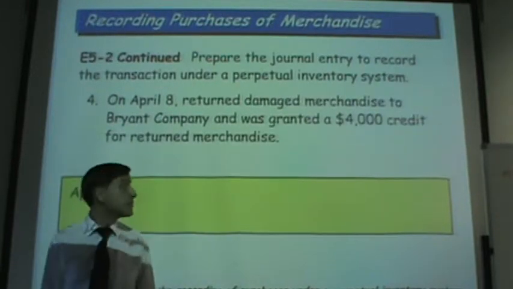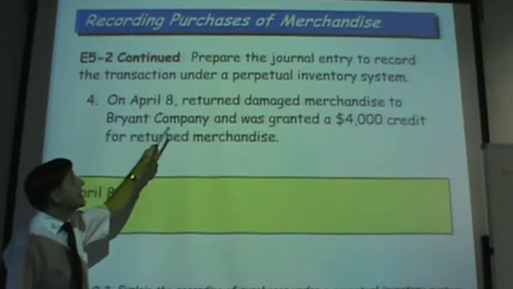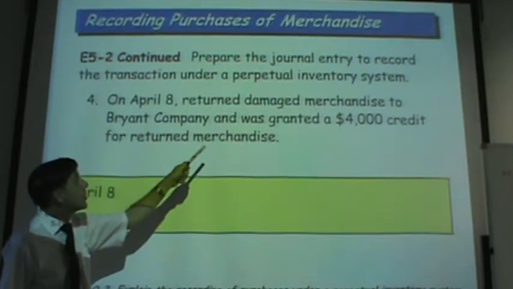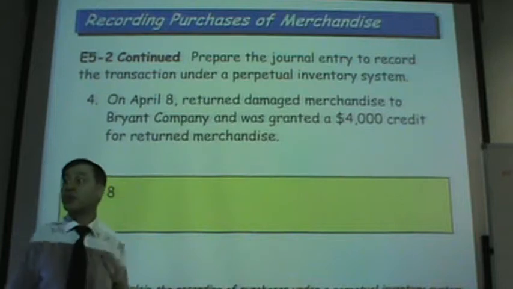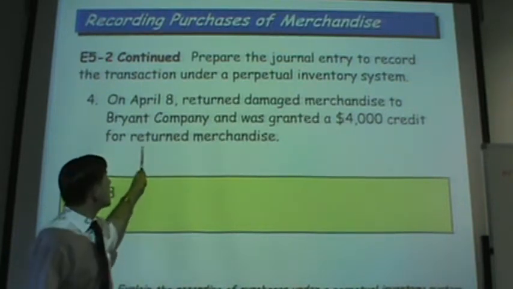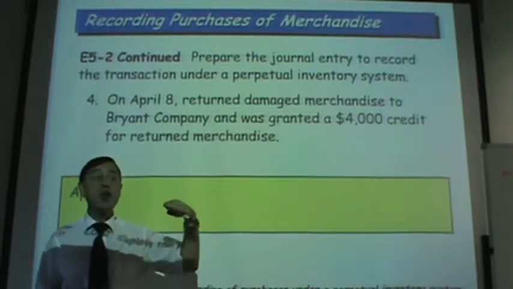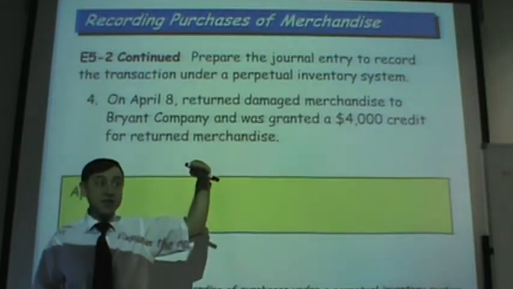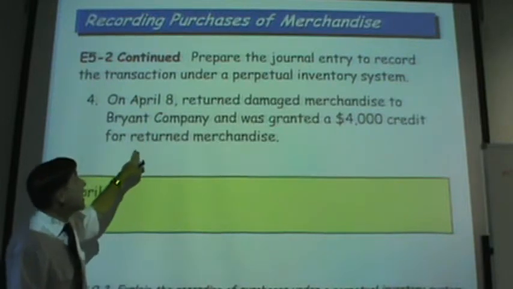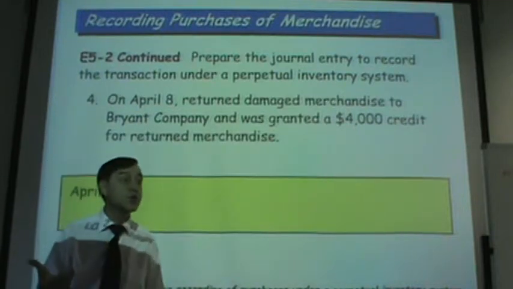Okay, example. On April 8th, returned damaged merchandise to Ryan Company and was granted 4,000 credit on returns. So you returned and you were granted 4,000 credit. In this particular case, before you debit merchandise inventory, now it will be credit merchandise inventory, and before you had account payable 25,000,